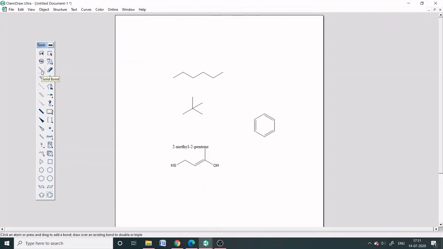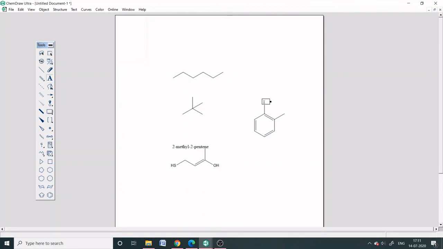After that, you click on the single bond tool to get the salicylic acid. Just click here and click ortho to this, one more bond. So in order to make this an OH, click on this carbon atom. Now also the blue color appears, that indicates that we are selecting that particular carbon atom.